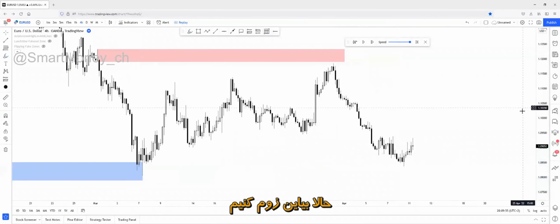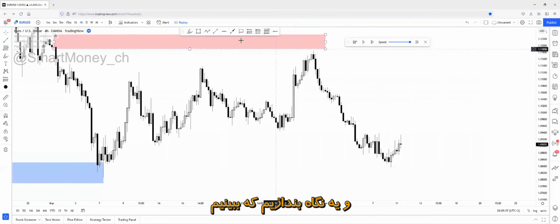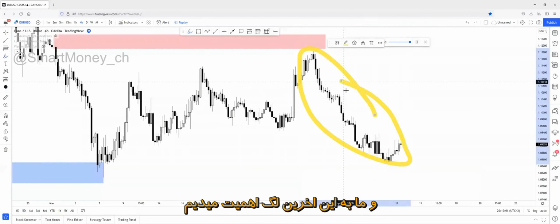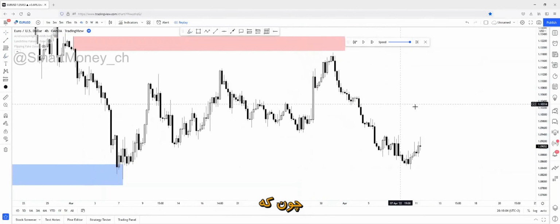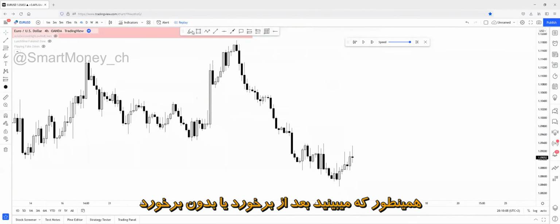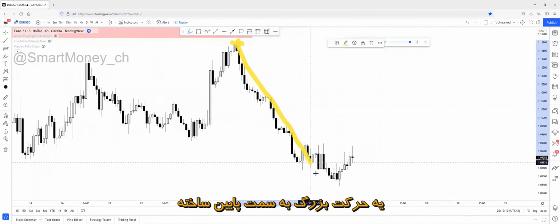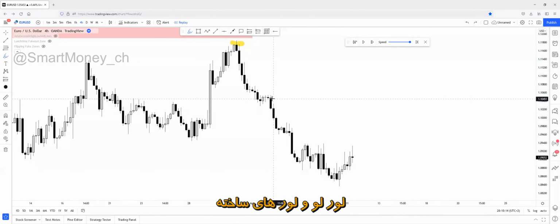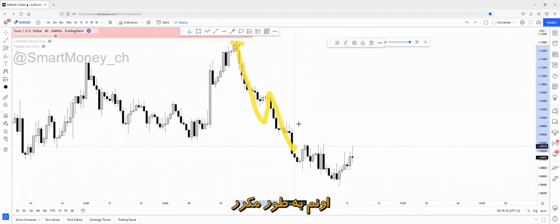Okay, right now, let's just zoom in and take a look at what's happening at the last recent leg. We'll care about this last recent leg because that's the session. As you can see, after a tap, it has created this huge movement to the downside and started a bearish structure,